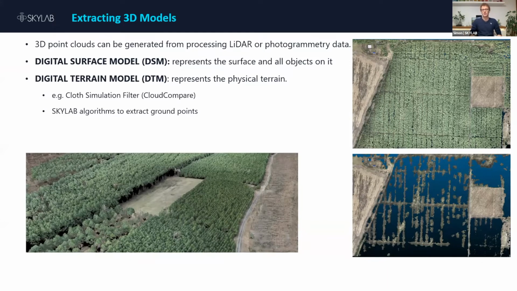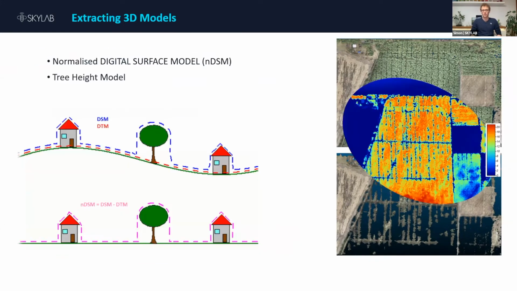When Becky changed the slide, you also know how this is done. You just have to have the surface model and subtract the digital terrain model. And with that, you get a tree height model. On the right-hand side, everything which is blue is the ground, and the colors red and yellow display the height of the forest. And you can see changes you cannot see on the orthophotos. So this is really good, detailed information that you're getting in your forest.